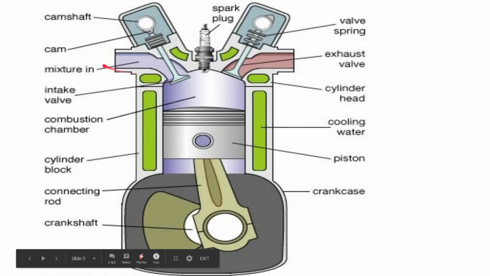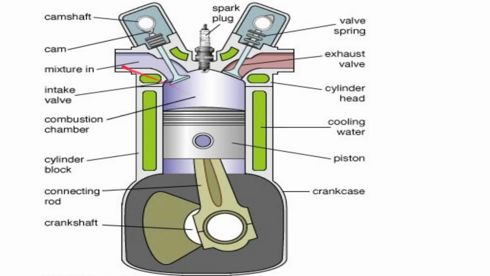From here the air fuel mixture comes in for the petrol cycle, and this is the petrol cycle engine because it has a spark plug. So we can easily see that if the diagram has a spark plug, it means it is a petrol cycle engine or an SI engine. While for a diesel engine or a CI engine, compression ignition engine, we won't have a spark plug, we'll have a fuel injector over here which will inject the fuel. So the liquid fuel will come out from here as droplets, very small particulate matter droplets.